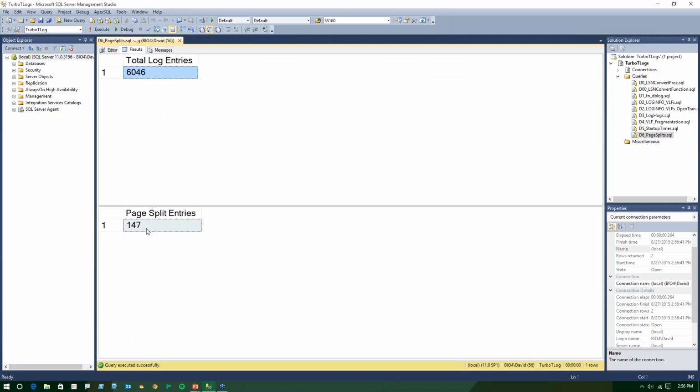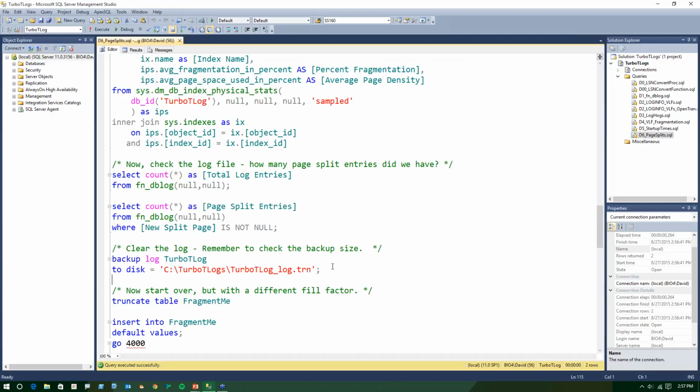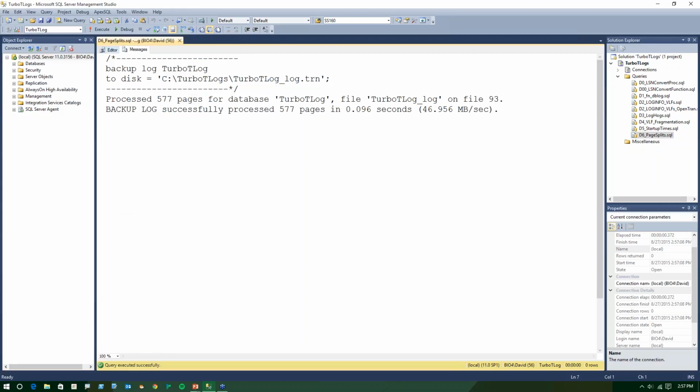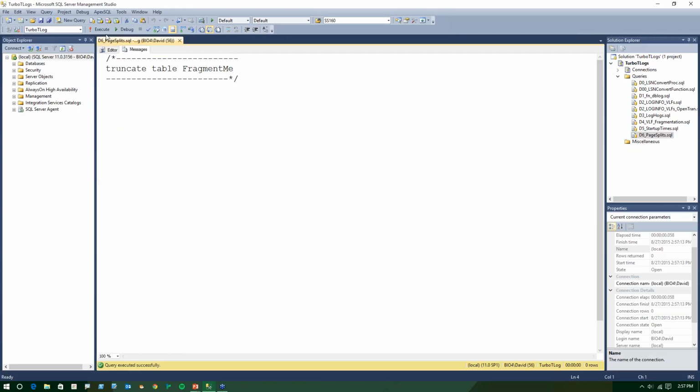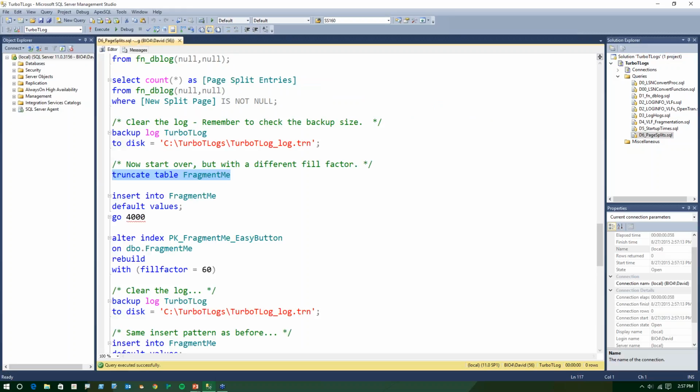And for page splits, which is what's happening in the background, SQL Server is having to split those pages apart so that it can insert records into the table where they need to go. We had to do that 147 times in order to insert those records where they needed to be within the index. So there must be a better way, because we can't not insert data. So we're going to truncate that table, put our original 4,000 records back in there,